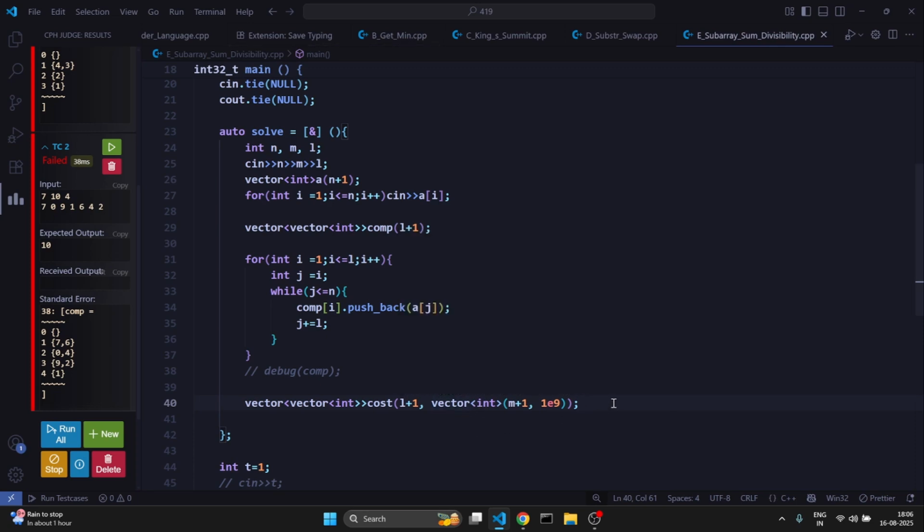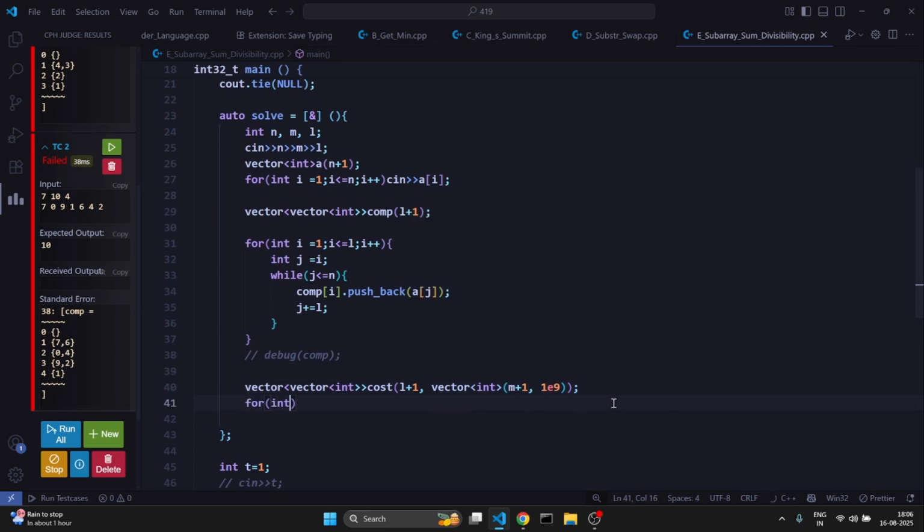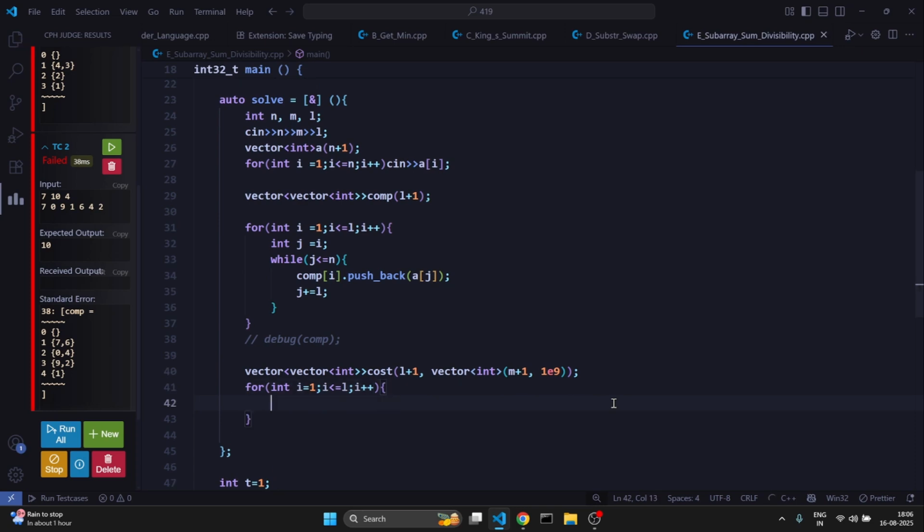Now, this is the cost. Now we will iterate i less than or equal to L, i plus plus, and we will now calculate cost for each modulo. Let's call it MD, or maybe let's just call it K, and K goes from